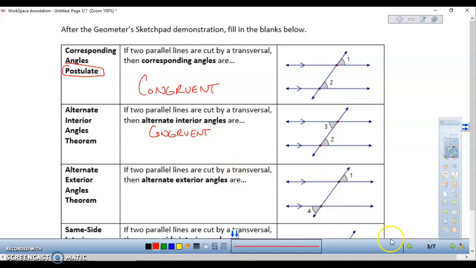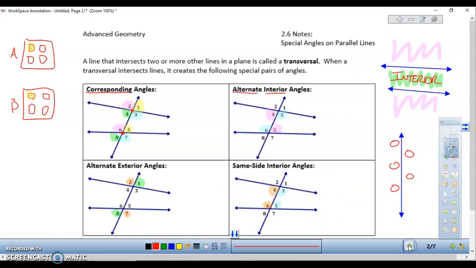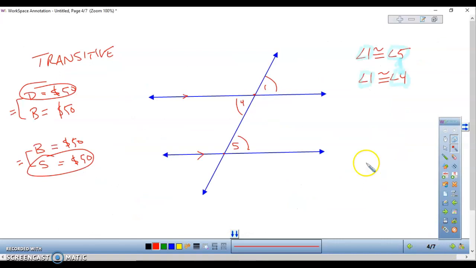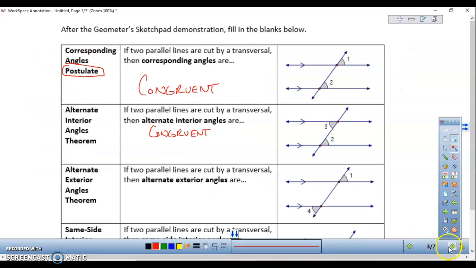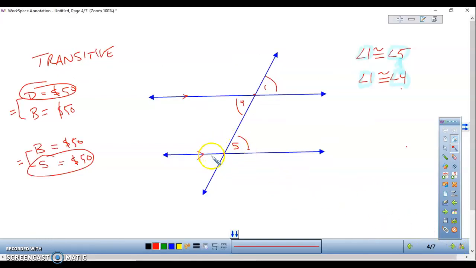All right? Same is true for alternate exterior angles. Let's go back to my previous example. All right, so this time, check it out. Let's talk about this angle. I forget what it measures, but I guess it doesn't really matter. Let's just call this angle 6 for this example. All right, so check it out. I know from the